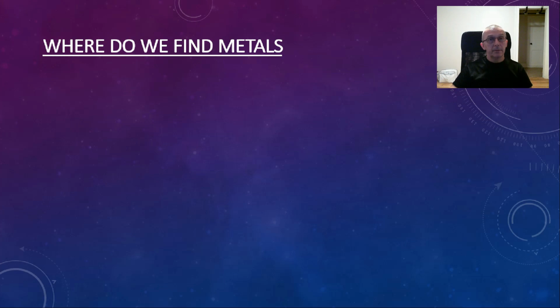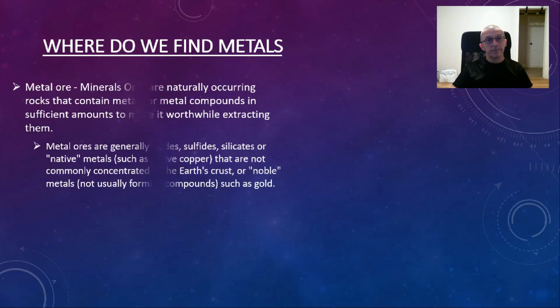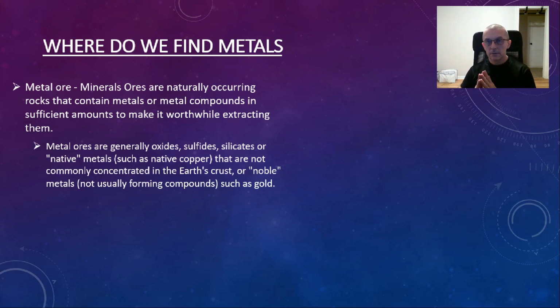Where do we find metals? That's a question. Metals generally come from metal ores. Minerals that naturally occur in rocks that contain the metals or metal compounds in sufficient amounts to make it worthwhile extracting them. Now, most times there's very little metal in metal ore. So let's say you want to get an ounce of gold,